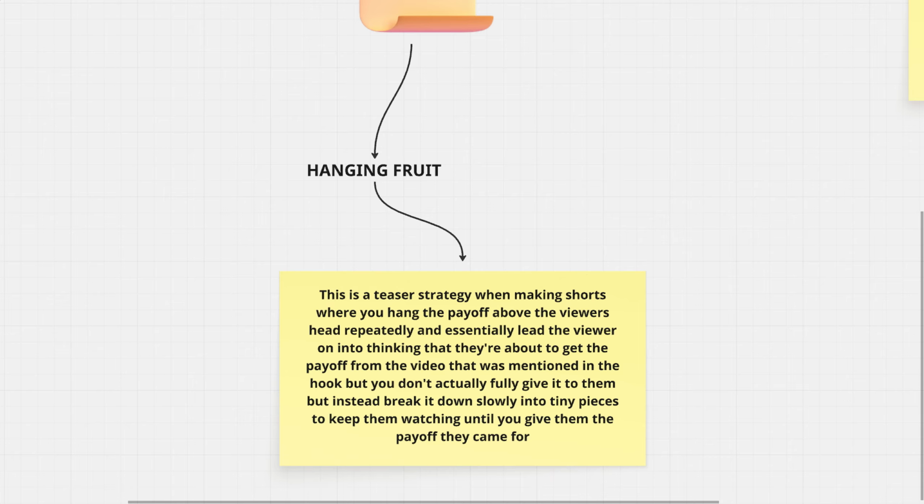Okay, so going back to that example with a train. Okay, the train is coming. You mention a train is coming, and then you cut from the hook. You probably talk about how this guy was walking, and then these people tied him up to the train, and then the train started coming. The train conductor didn't see him. Like, you're building tension throughout the video, keep telling things, and